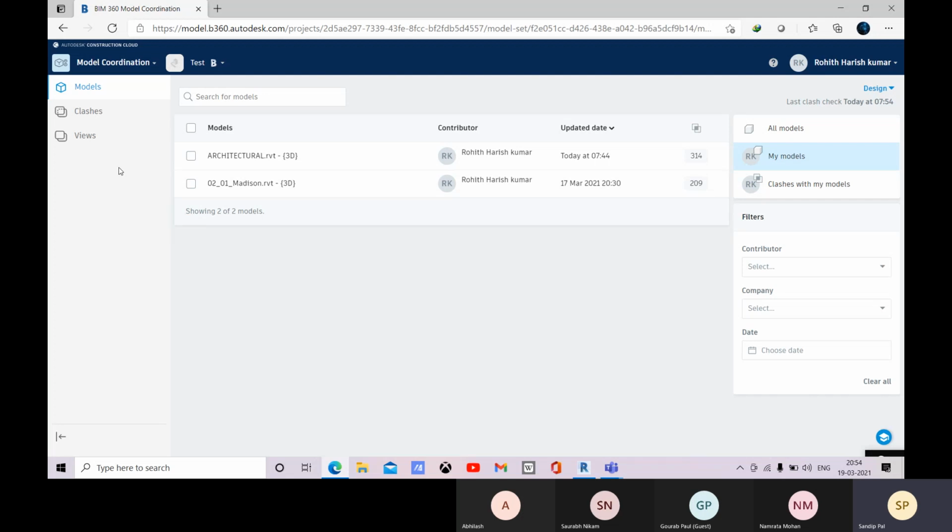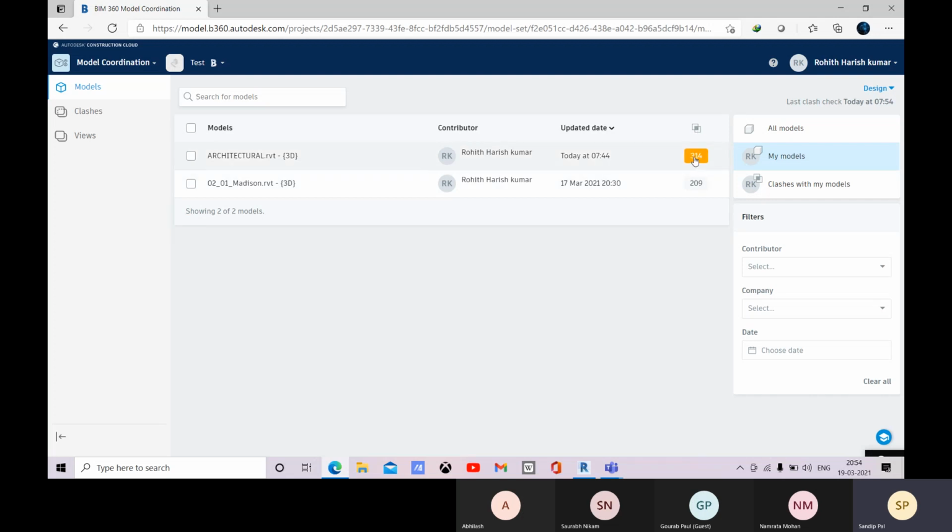So here you can see that all this is your model, and from this option you can search for any model there. Okay, and this is for your clashes.